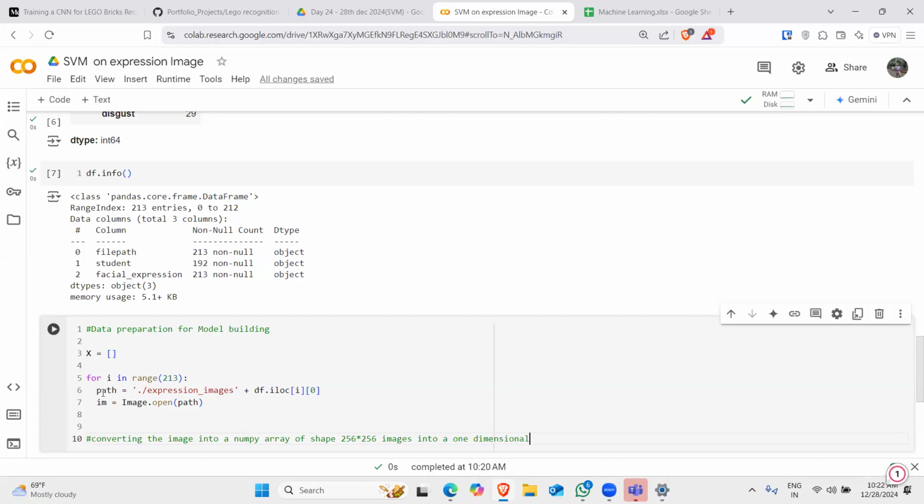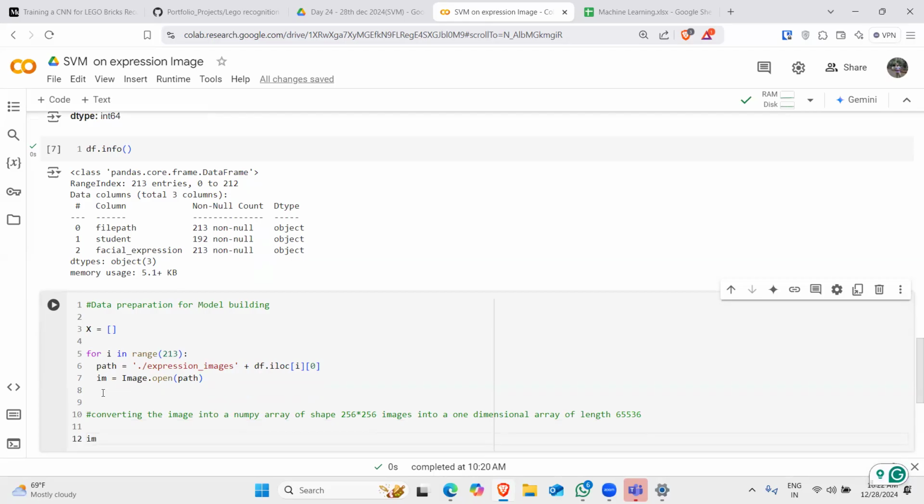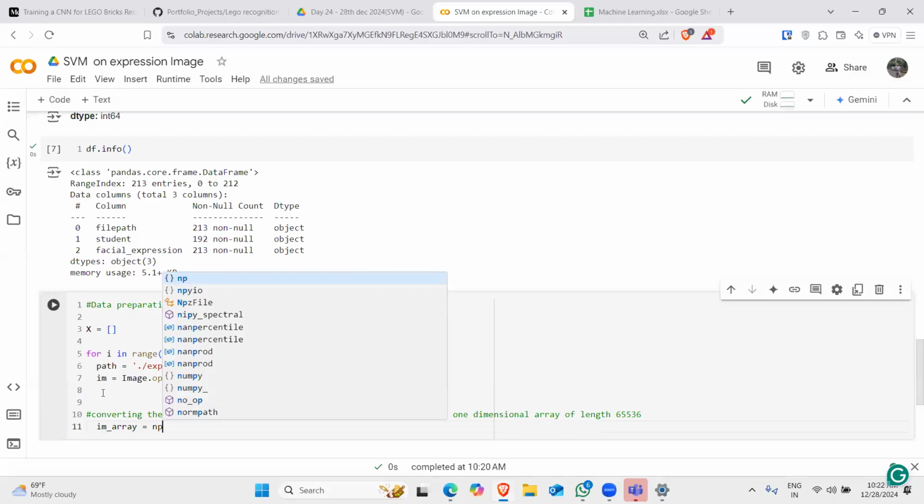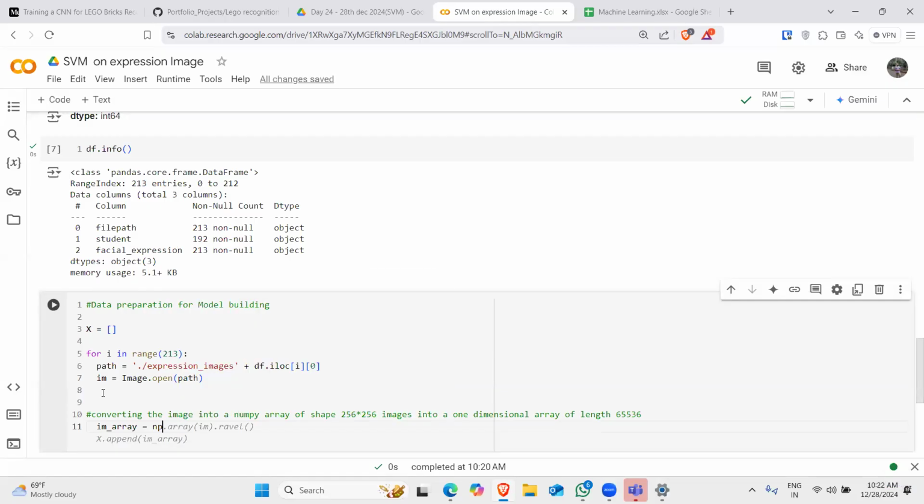into a one-dimensional array of length 65536. And it should be here itself. im_array is equal to, we're converting the image into an array of 256 by 256. So np.array is what we are going to use. In that we'll pass im, and we'll pass the reshape function to convert this into